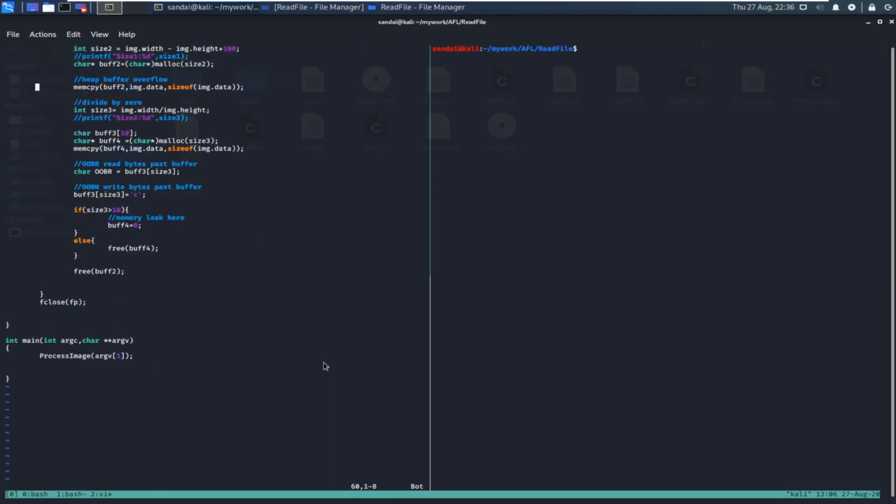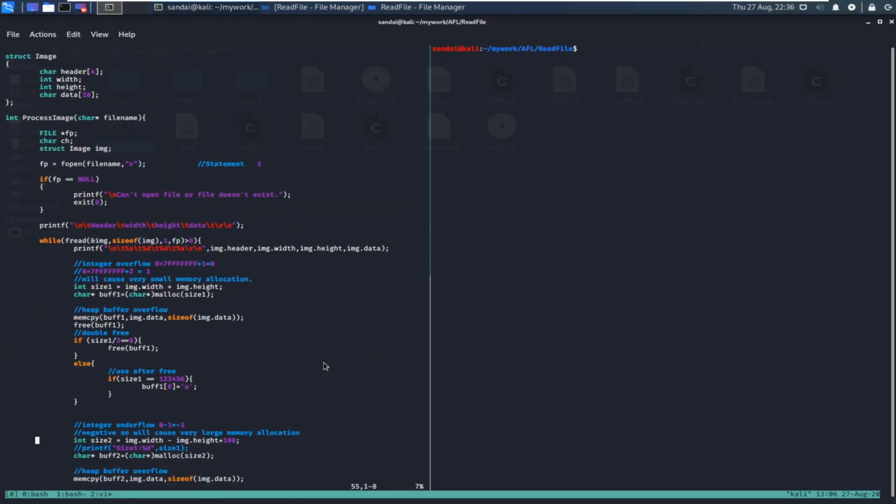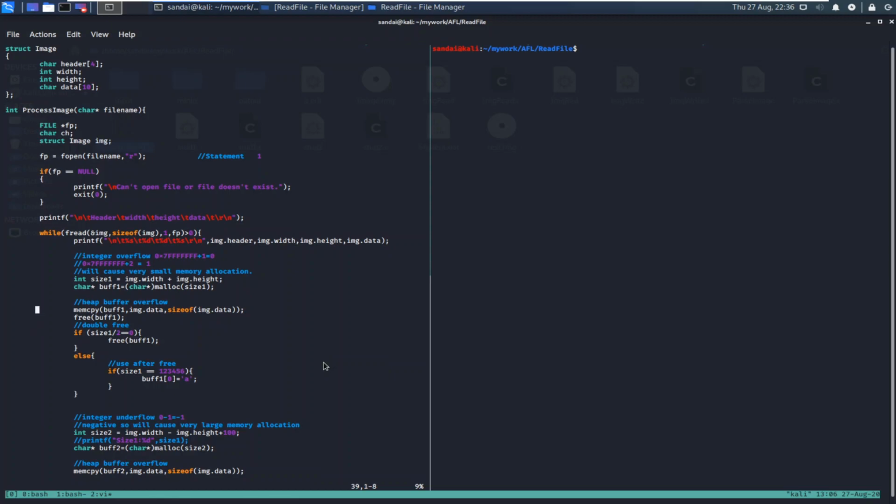And as you can see over here, there is a main function which accepts two standard C arguments, argc and argv, and then it calls process image, which takes a file name as an argument. What this process image function does is it opens the file, it performs some sanity checks, and then inside a while loop, it tries to read the data from the file.